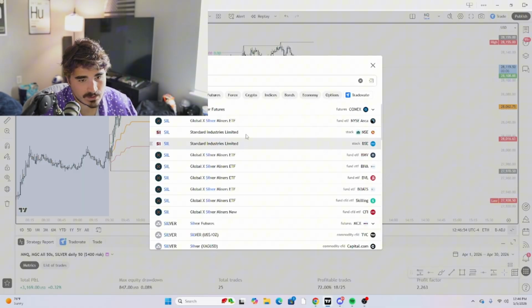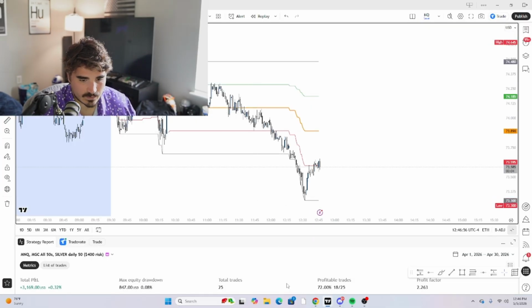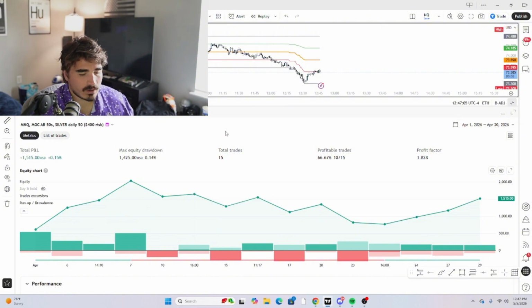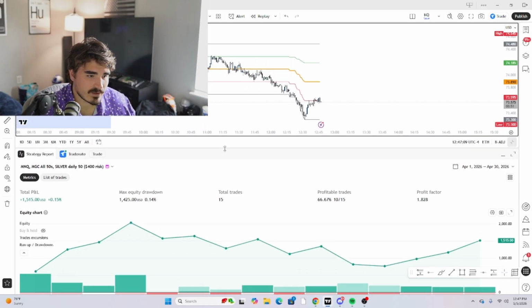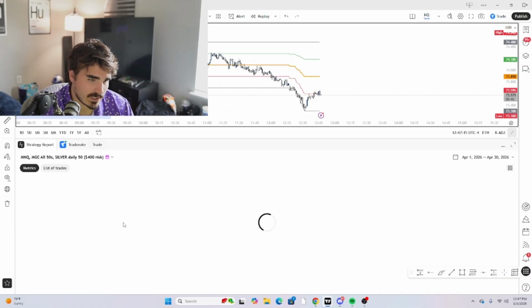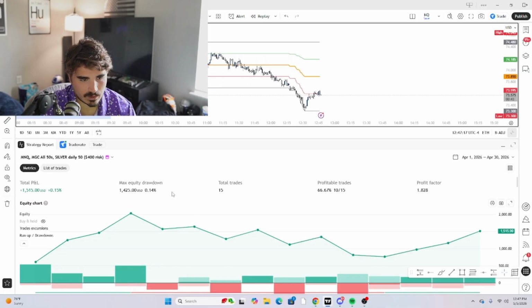And then this also includes the Silver Daily 50 as well. And the Silver Daily 50 performed about $1,500 with a 66% win rate. So all in total with that strategy, it was close to around $8,000 plus in profit for the month. But again, you do get close to that daily drawdown with gold and silver working together quite a bit. That it's possible if you had all of these together, it could be kind of pushing close to that drawdown